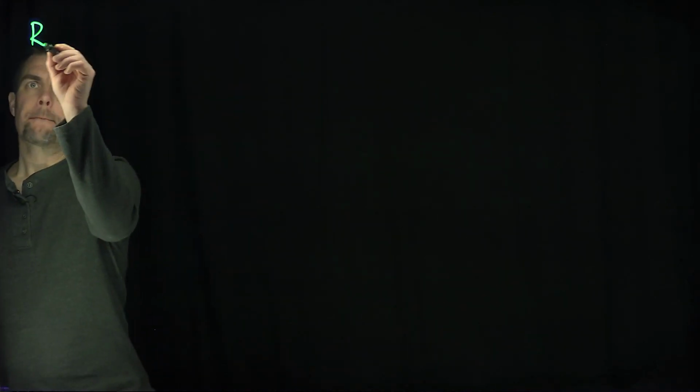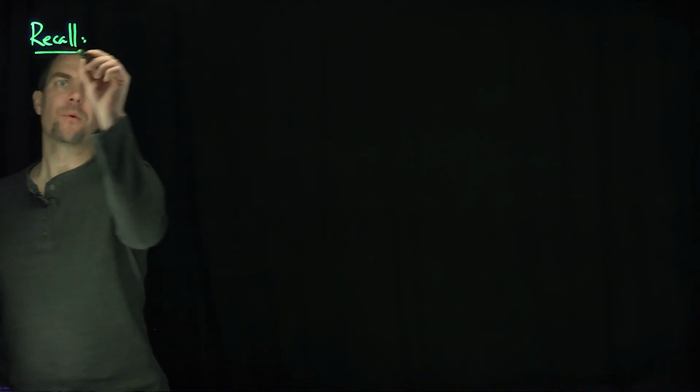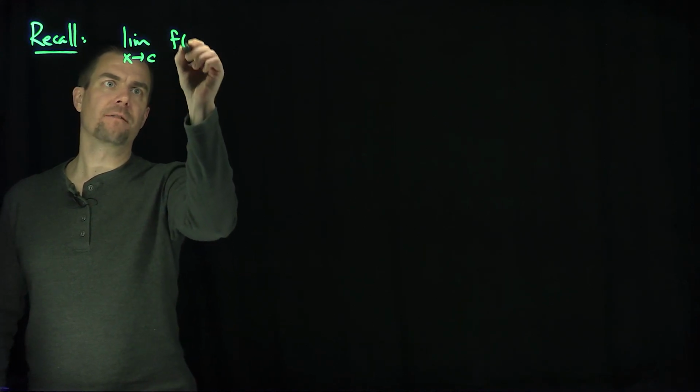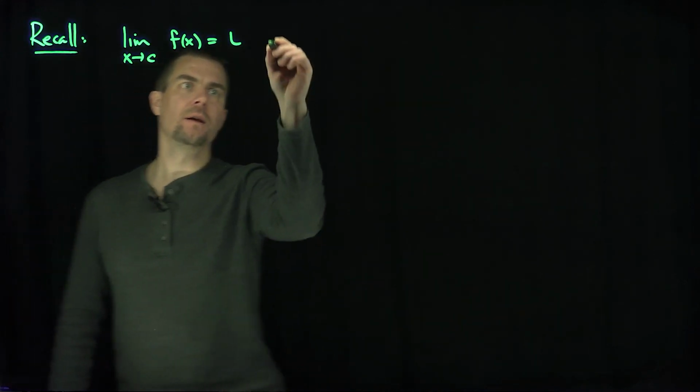Hello students, in this video we'll use the formal definition of limit to prove that the limit of a linear function exists. Let's recall that we write the formal definition: the limit as x approaches c of f of x is equal to L